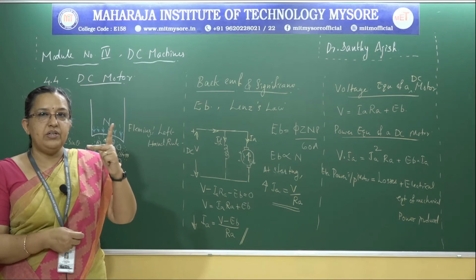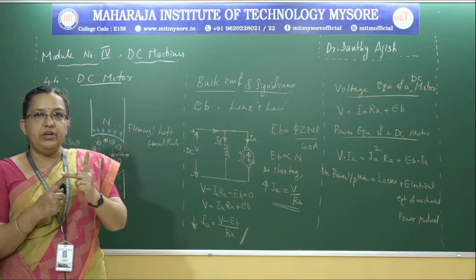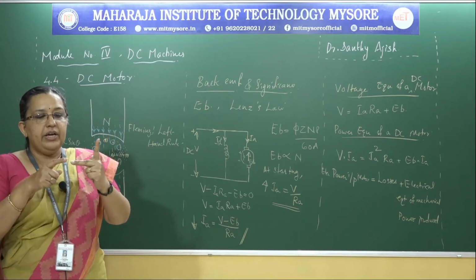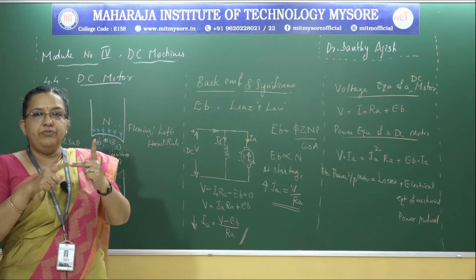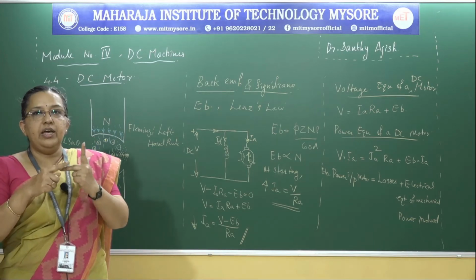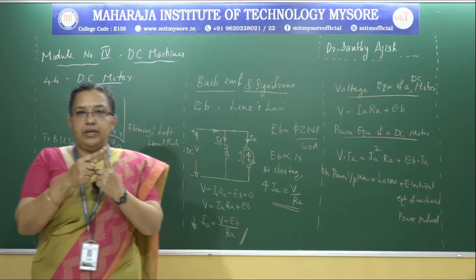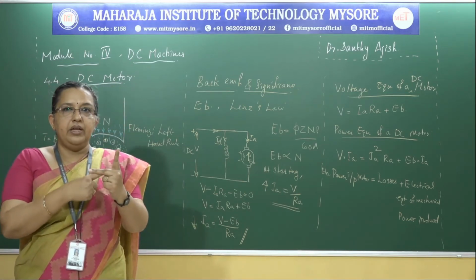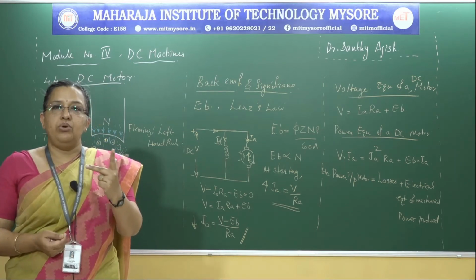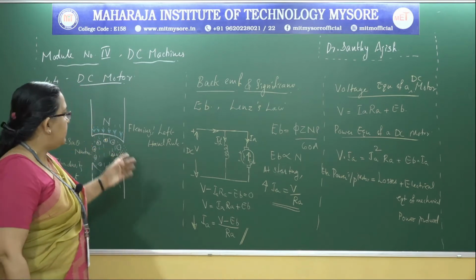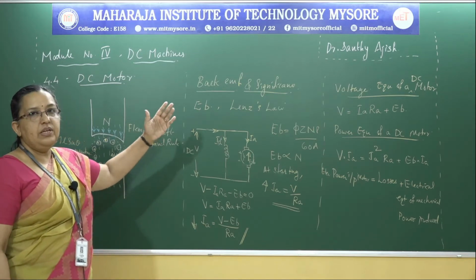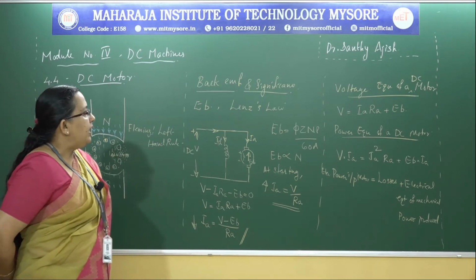We'll just refresh once. If we hold the first 3 fingers of the left hand mutually perpendicular, if the direction of applied EMF is given by the middle finger and the forefinger indicates the direction of the magnetic field, then the thumb indicates the direction of rotation of the armature or the motor. That is Fleming's left hand rule, which tells us the direction of rotation. Then the other term we have seen in this regard is back EMF.